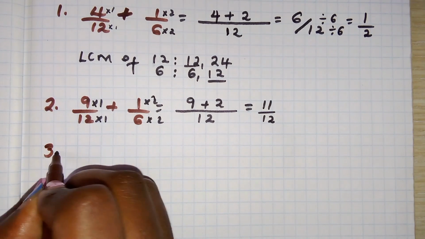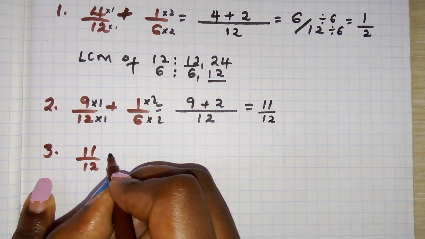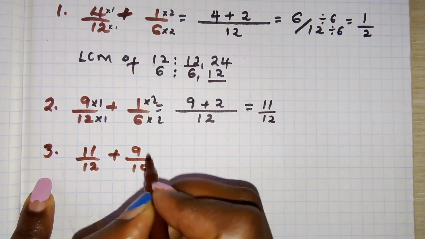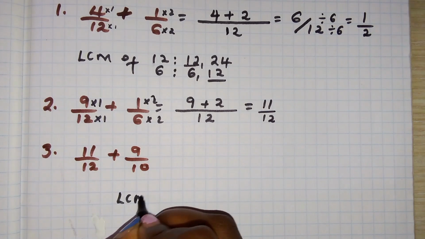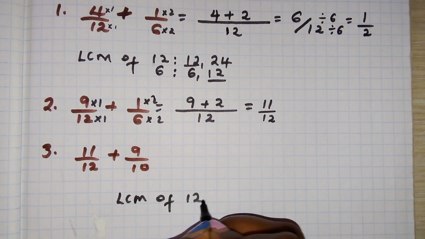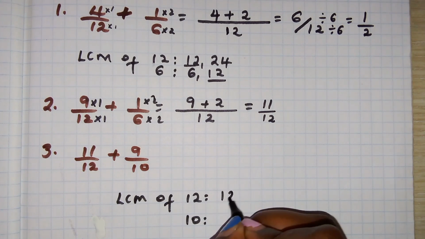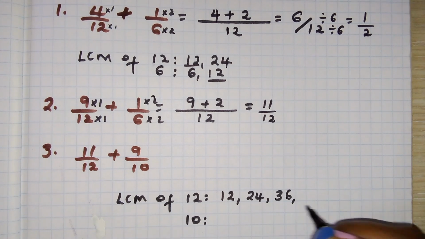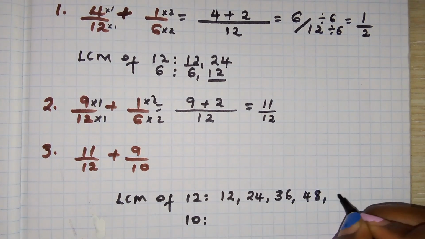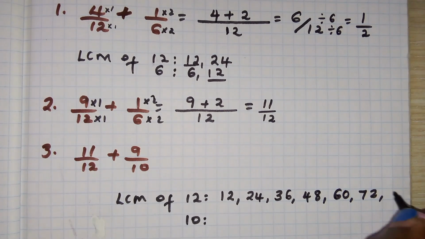Okay, number 3, 11 out of 12 plus 9 over 10. So let's do the LCM of 12 and 10. Let's count on in 12. So 12 plus 12 is 24. 24 plus 12 is 36, plus 12, 48, plus 12, 60, plus 12, 72, plus 12, 84,